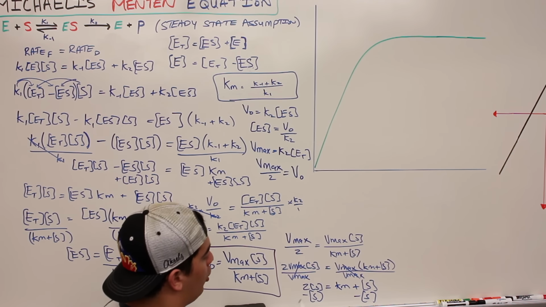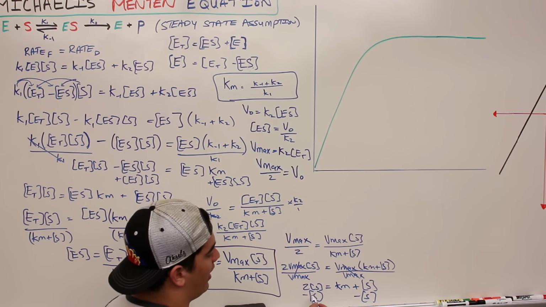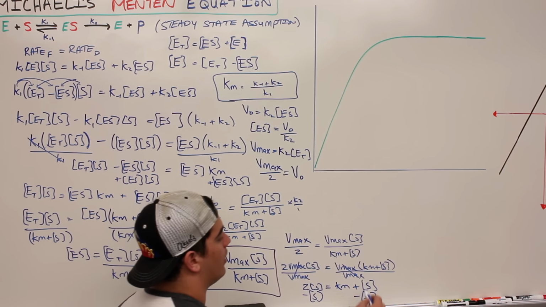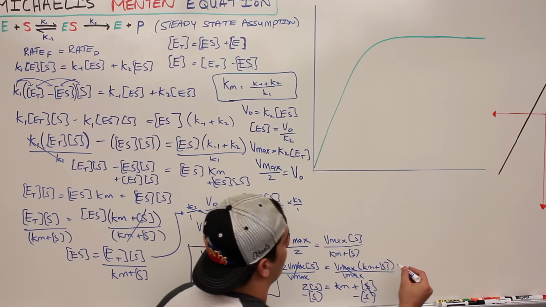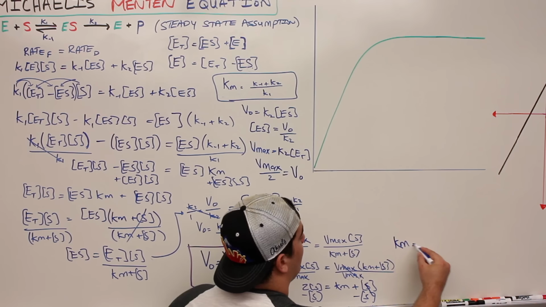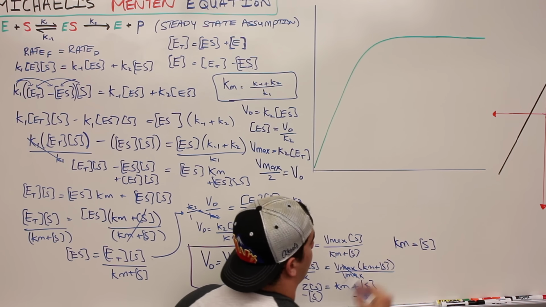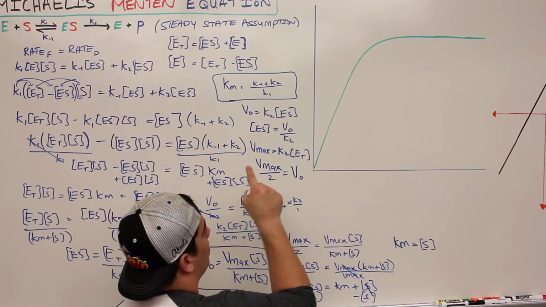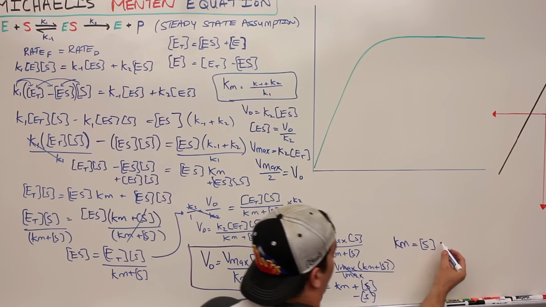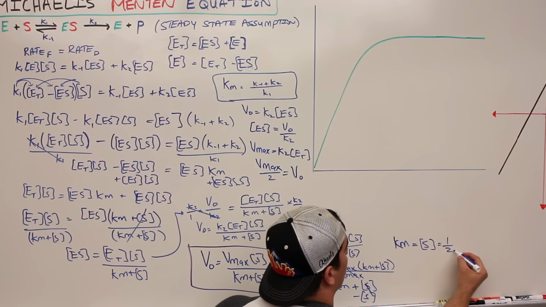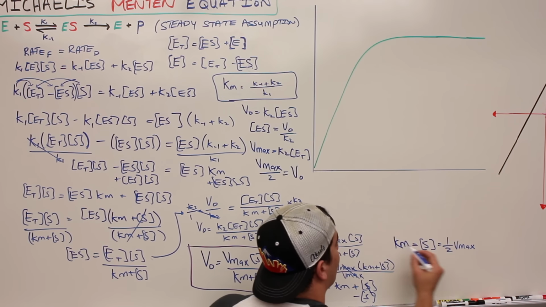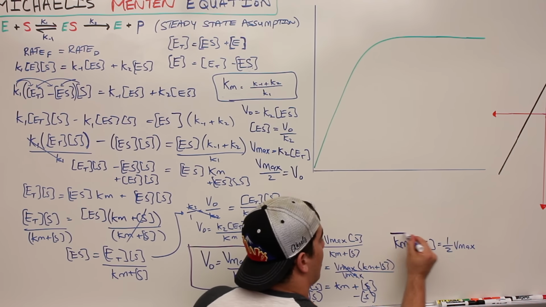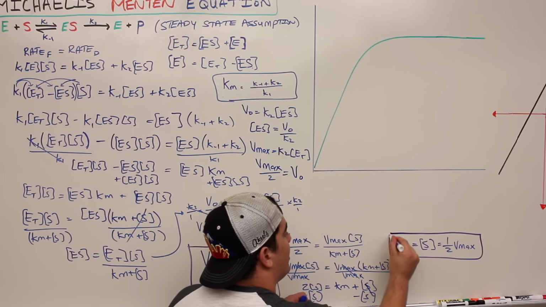And what does that give me? Well, 2 substrate concentration minus 1 substrate concentration is equal to 1 substrate concentration. So what's the overall thing left over? Km is equal to the substrate concentration. When? When you're at half the maximum velocity. So when it's at half Vmax. This is another critical concept that we are going to need here to understand a little bit more about